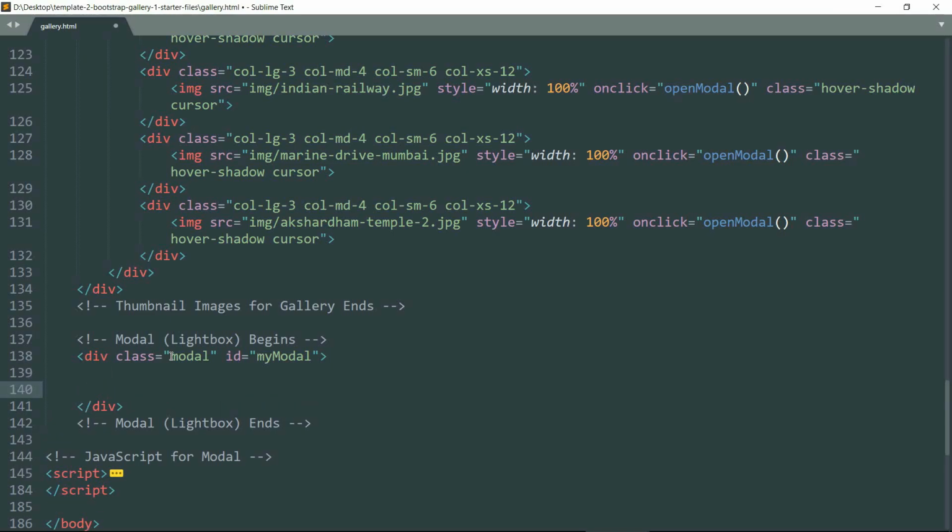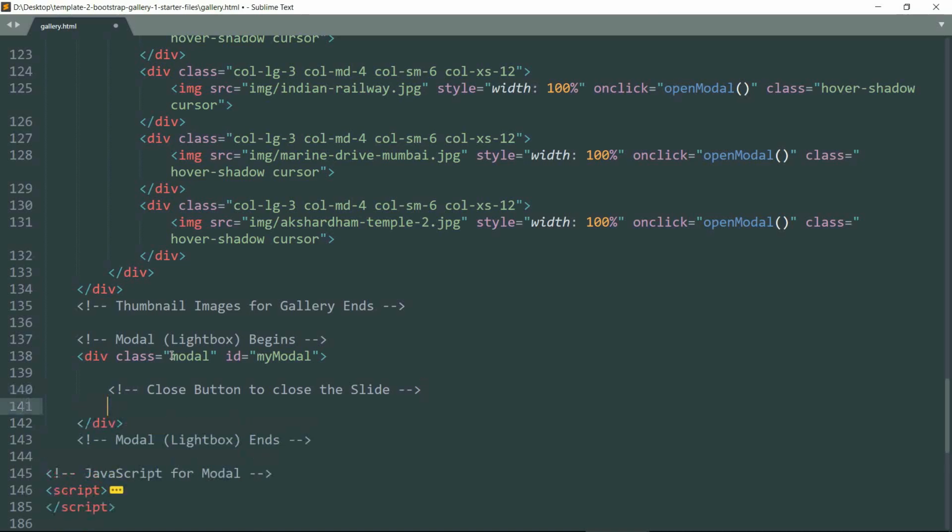Drop down and write a comment, close button, to close the slideshow. Now we are going to add that small cross button which is in the top right corner to close the slideshow. Now drop down and create a span tag and let's give it a class